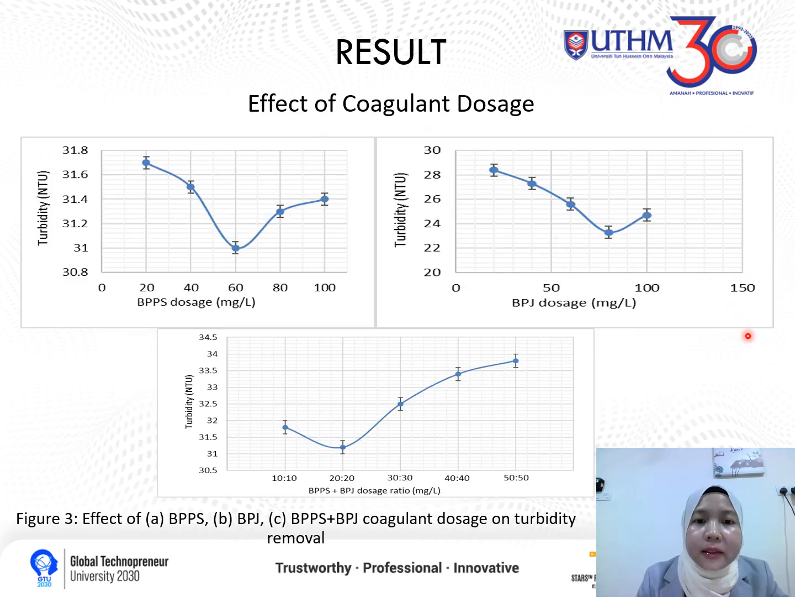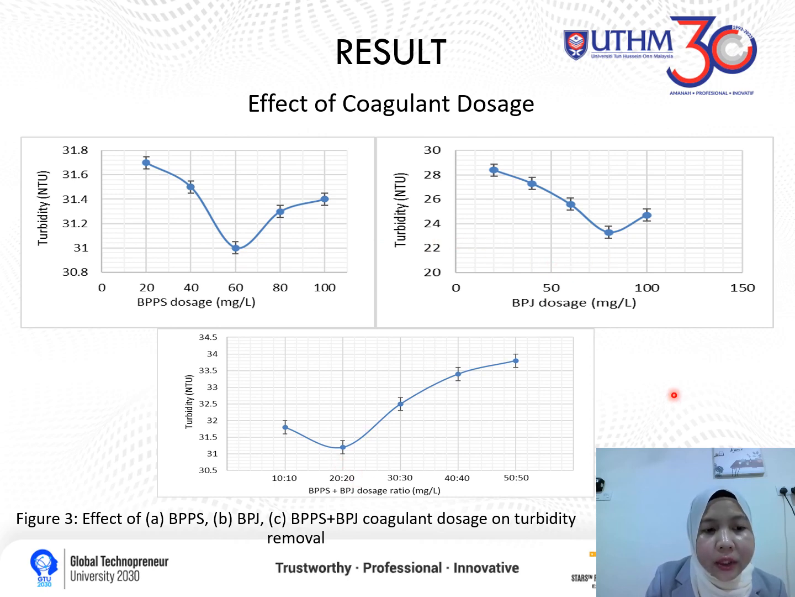Okay, next is the result of the effect of coagulant dosage toward turbidity removal. As can be seen in figure 3, the optimum coagulant dosage for BPPS, BPJ, and then BPPS plus BPJ was observed at 60, 80, and then 20 to 20 ratio milligram per liter of the coagulant dosage. For 60, 80, and 20 to 20, the remaining turbidity is 31, 23.3, and then